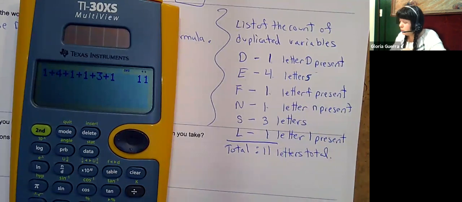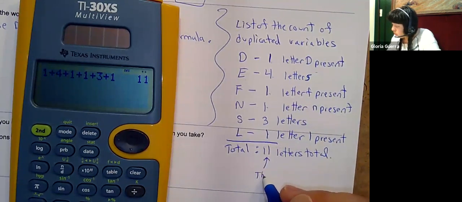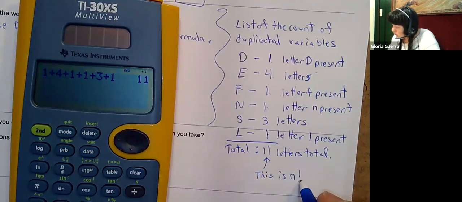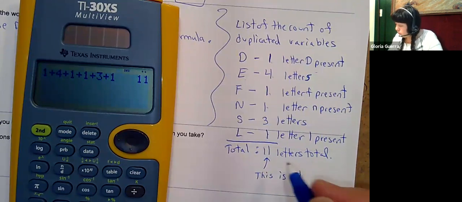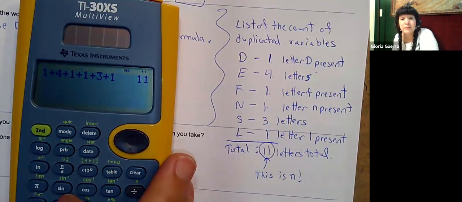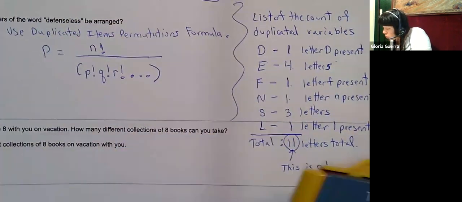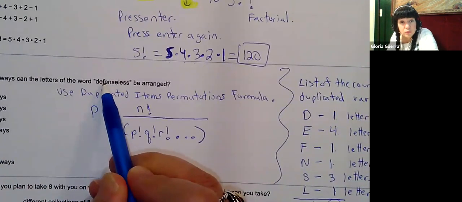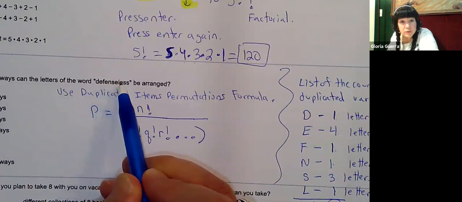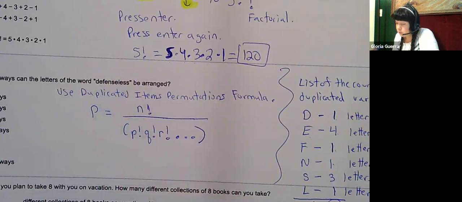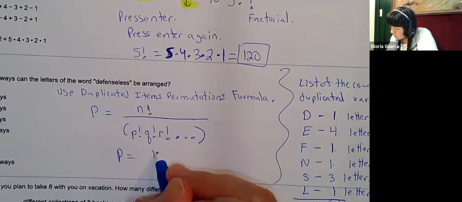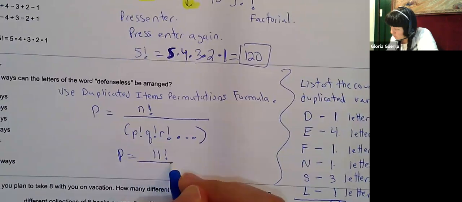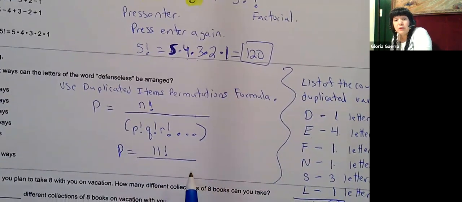Okay, so this is in your formula, this is your n factorial then. So then you can substitute. And what you should also do is go back and check that we had 11. You should go back over here and double check and count 1, 2, 3, 4, 5, 6, 7, 8, 9, 10, 11. Yeah, you're gonna need to make sure that's correct. So I have 11 factorial over